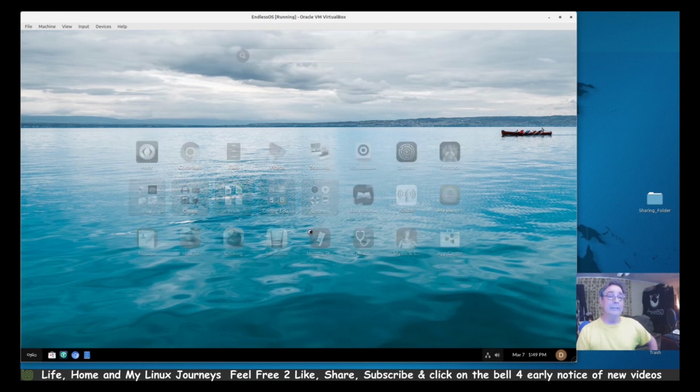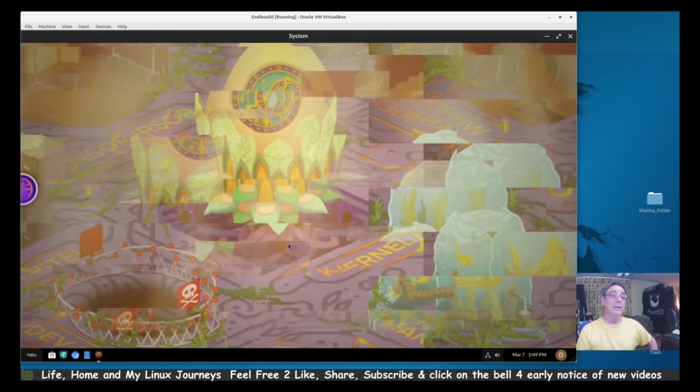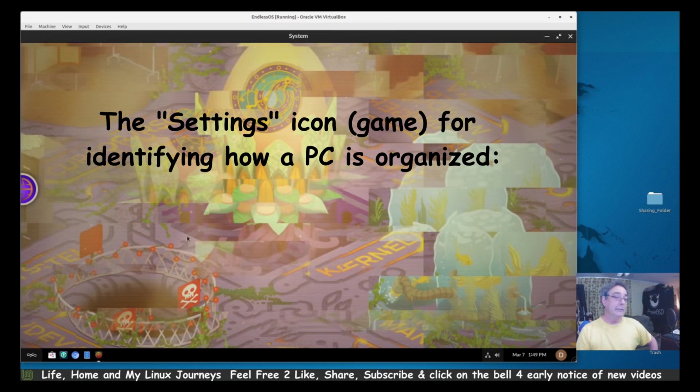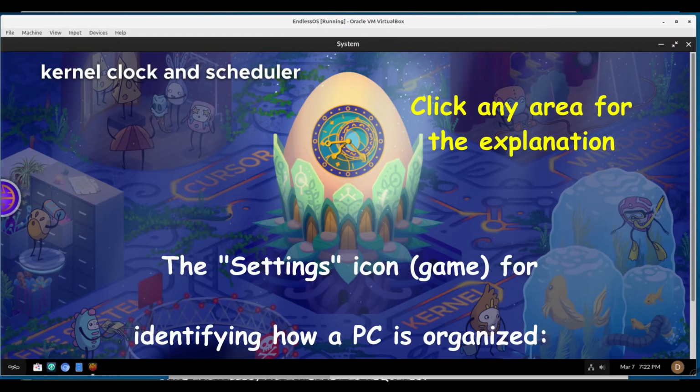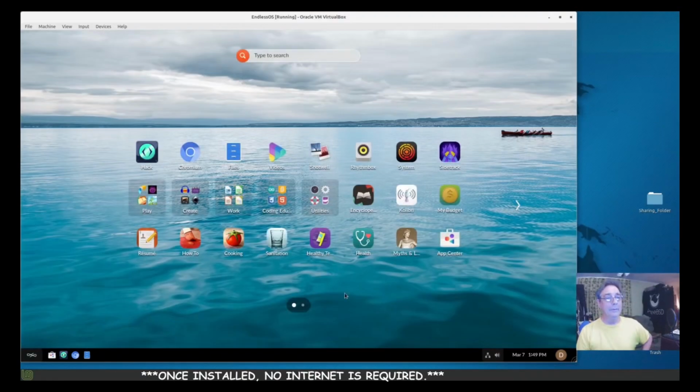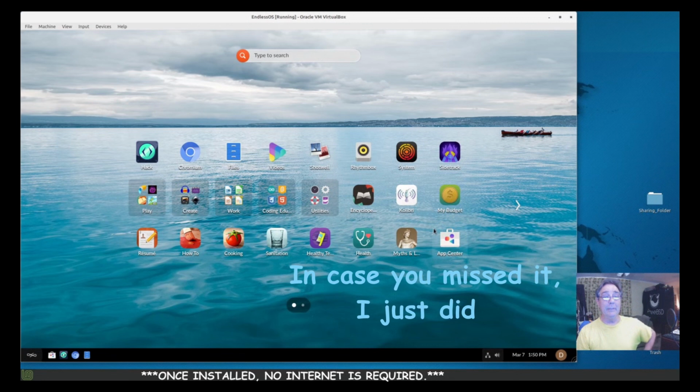This is probably system settings. No, this is not system settings. This is a game of some sort, which I meant to find out what this is, but I didn't, and I apologize. I'll have to do it later. All right, well, I'll definitely put that in the description up there or something. I'll tell you what that is. I meant to look in that and play with it for a minute, but I didn't.